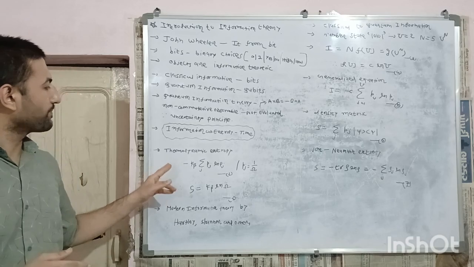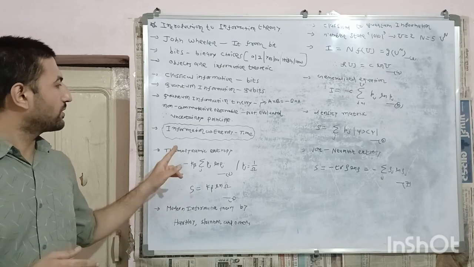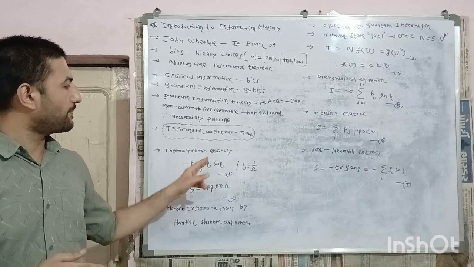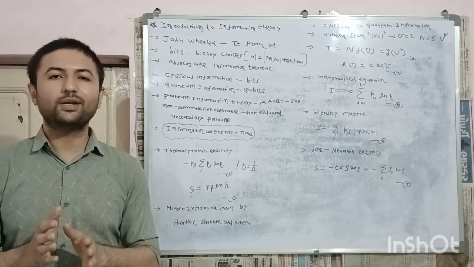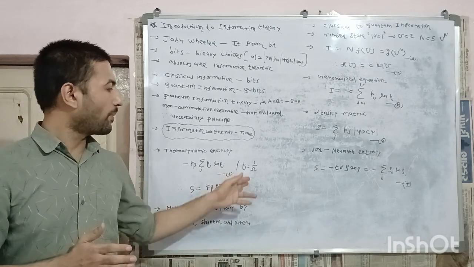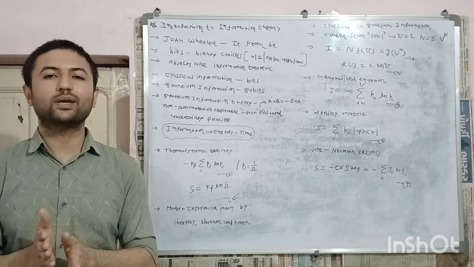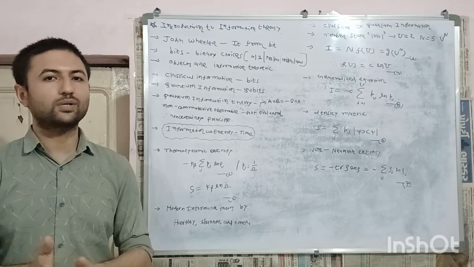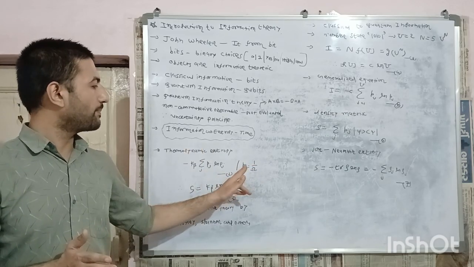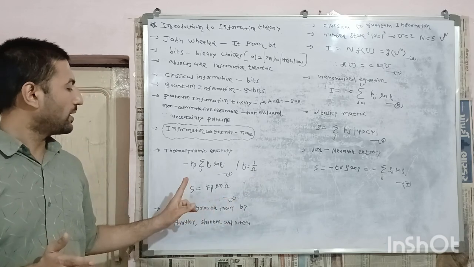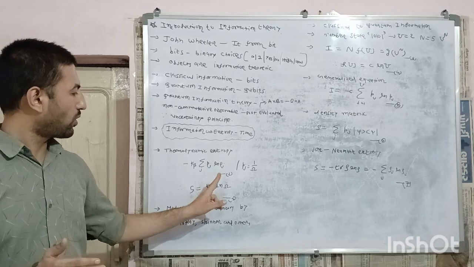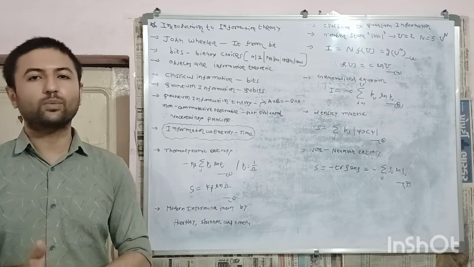So here I have given the equation of thermodynamic entropy, that is S = -k_B Σ_j p_j ln p_j, where p_j is the probability of happening and p_j is defined in terms of Ω, the number of microstates corresponding to a given macrostate, that is p_j = 1/Ω. So if we consider the mathematical entity Ω, we will have the equation of Boltzmann entropy, that is S = k_B ln Ω. So this is the equation of entropy.